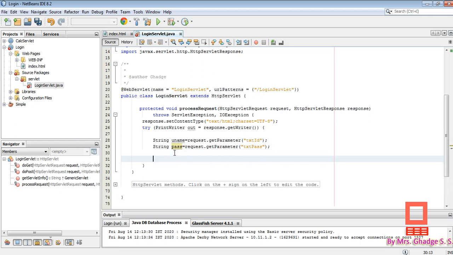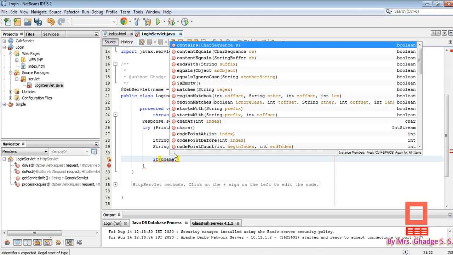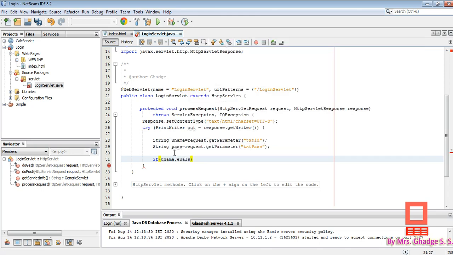Next we have to check if the username and password are the same. So we have to write a condition in an if block. Suppose our first condition is if uname.equals, which is the method that compares whether both strings are equal or not.